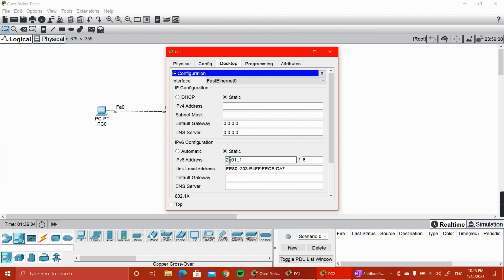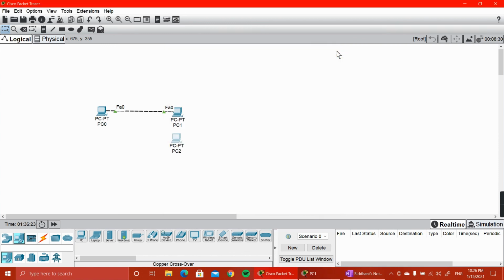So you can see the starting of the addresses is different. Basically, from the start of an IPv6 address, you can identify which category the address falls into. That is really important to know for your CCNA examination. Also, you can see these addresses in several other YouTube videos. If you still have any doubt, you can write in the comment section also, and I will try to help you.